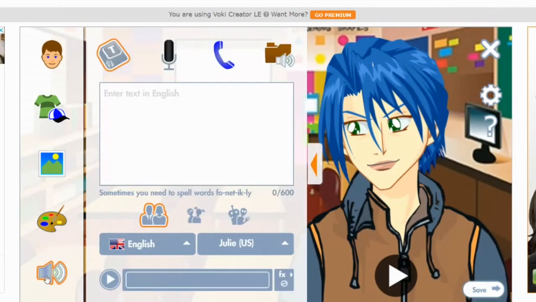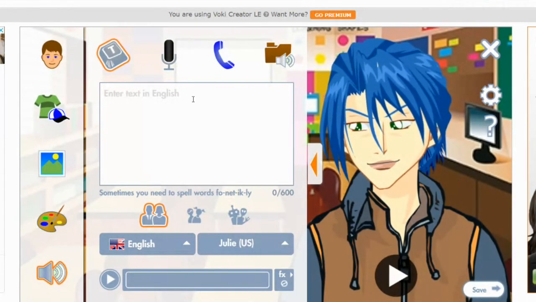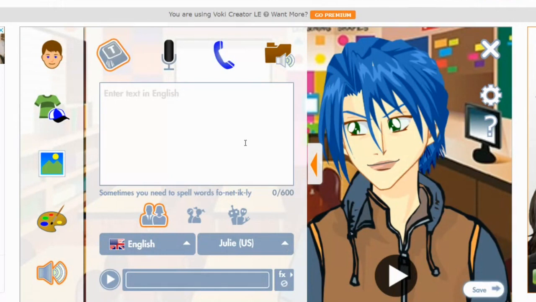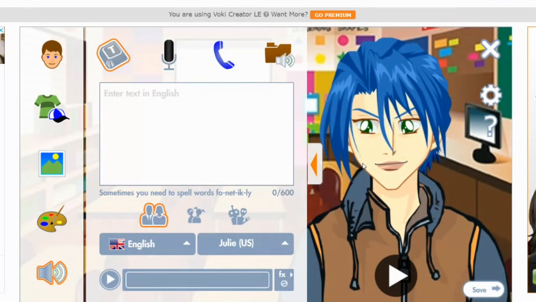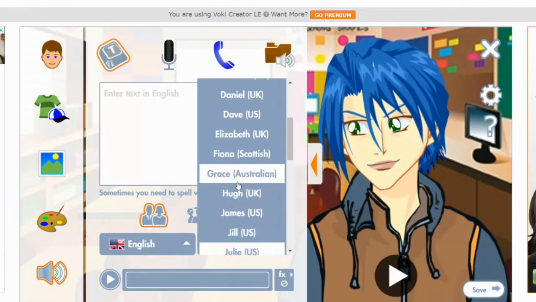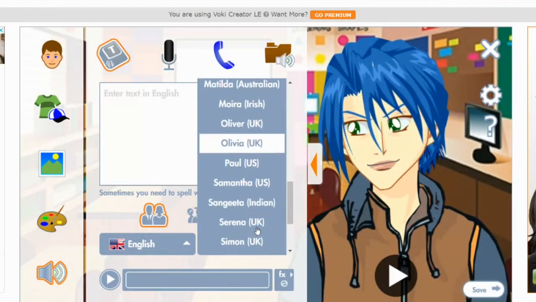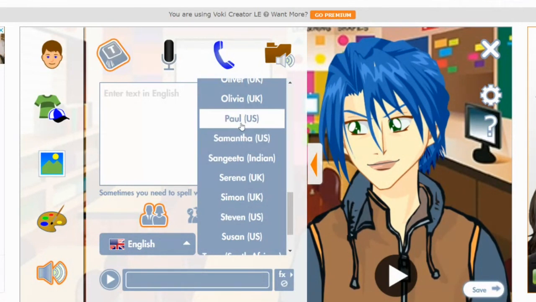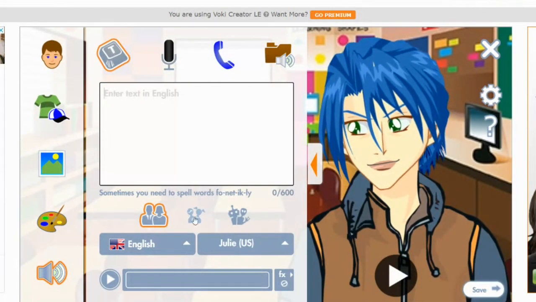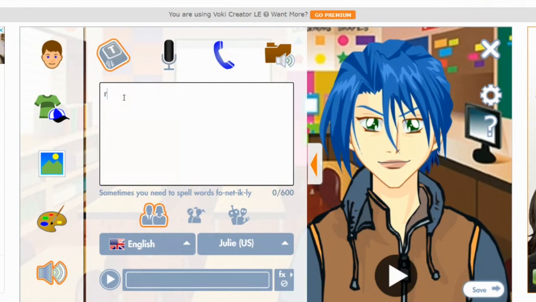Now, if I click here, I will have an opportunity to type in a text, of course, in English, and then get this text narrated by this character in different accents. You see? American accent, Scottish, Australian, Indian, anything that you want, you can change it to. And you can change it to a kid's voice or to an offbeat voice that I'll show you later on. Let's say that these characters will tell us,